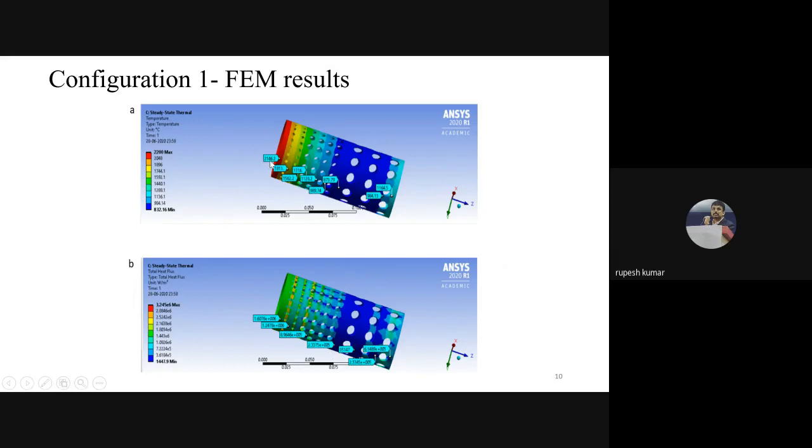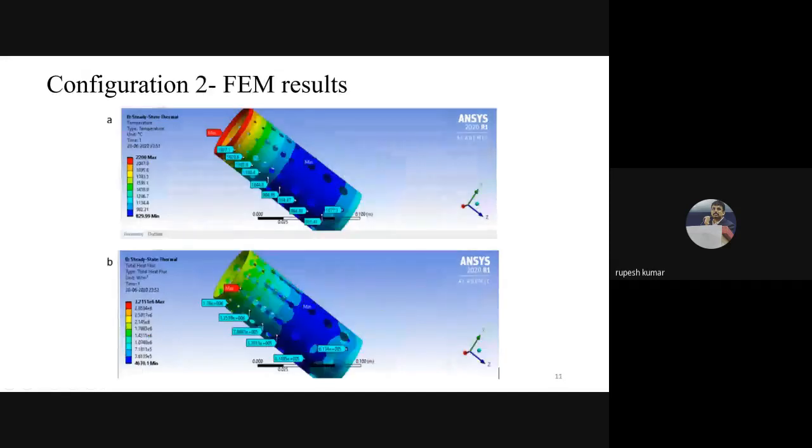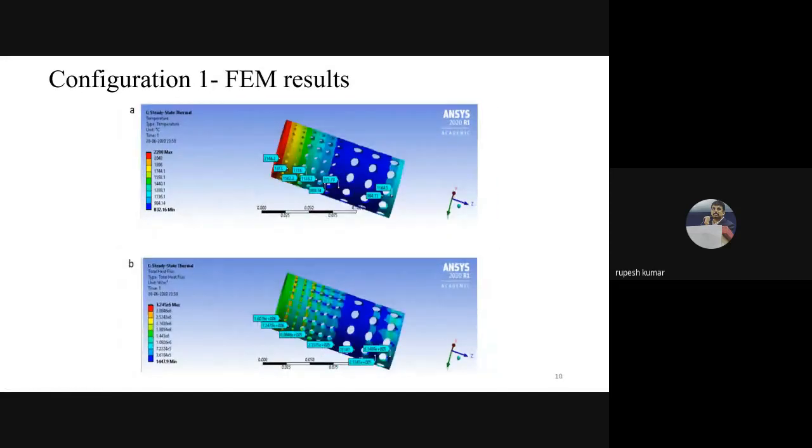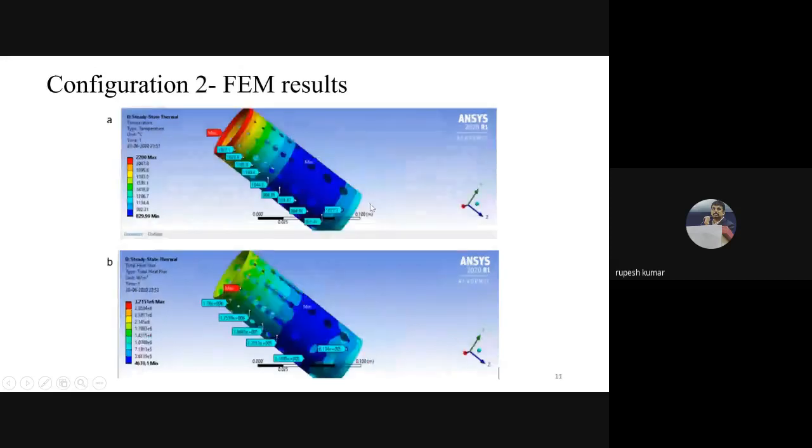And in the same way, the temperature at the primary zone, which, as I told you, is used for flame simulation, was around 2146 degrees Celsius, whereas at the dilution zone it was around 832 degrees Celsius. Why? Because in the dilution holes, as the diameter is very large, the air traveling inside the dilution holes reduces the temperature of the flame. That's why the temperature of the flame has been reduced, and thereby the temperature on the surface of the liner is also reduced. So again, we go for the second configuration FEM results.